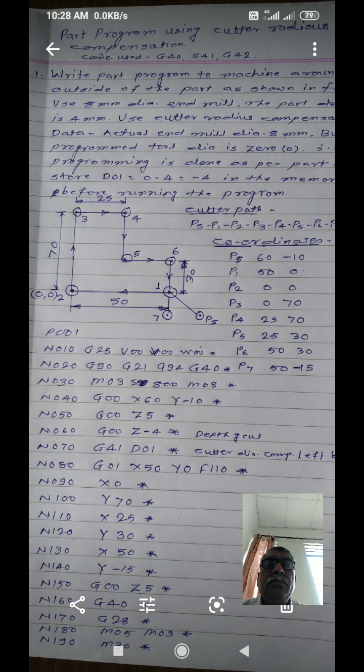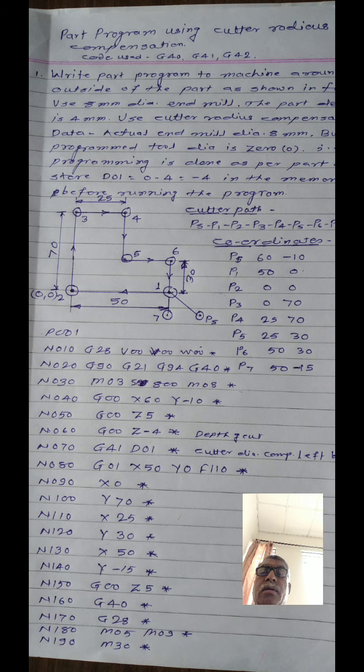Is it okay? Then study the part drawing. It is a simple drawing. You have to develop a part program to machine the component. Okay. First, find the cutter path as shown in the figure. These small circles show the cutter path. Okay. Before finding the cutter path, you have to locate the workpiece 0, that is the 0 point as shown in the figure. Is it okay?